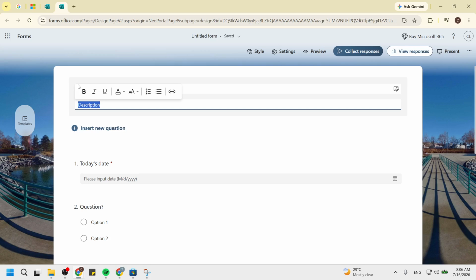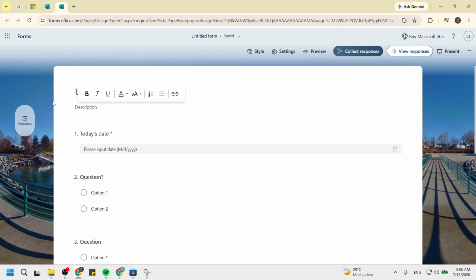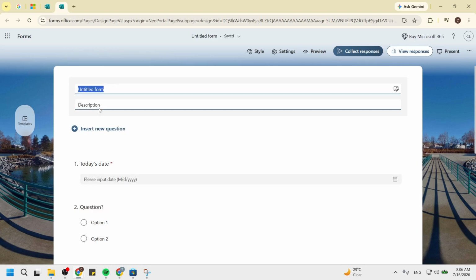Finally, type your introductory text here. In this text box, you can include a welcoming message, time estimates, or any guidelines for filling out the form. Make sure your text is concise and easy to understand. This is your chance to communicate directly with your respondents, so be thoughtful about your wording. Once you have entered your text, you can see it appear on the screen, confirming that your changes are saved.